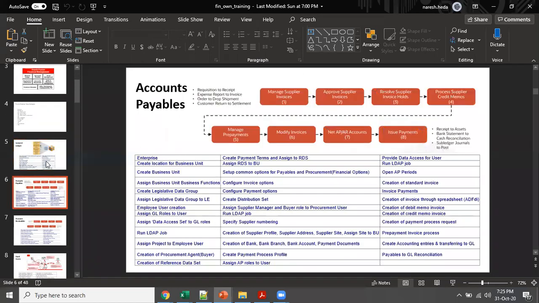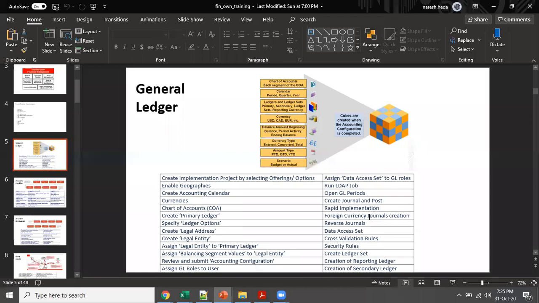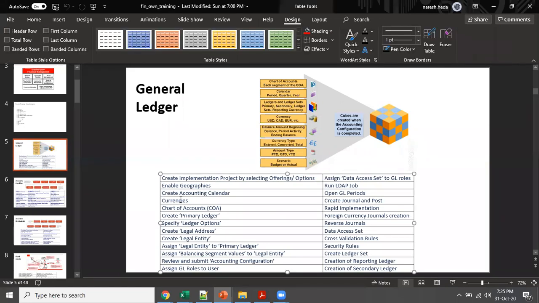Maybe currency setup we do in Ledger. I guess I have not mentioned it. Did I mention it? Okay, I've not mentioned it, but currency setup is something we will be covering. I would be showing you how to load the currencies and what rate we are going to use, and how to create our own rate in case any company wants to create their own rate and use it. So we would be covering that also.